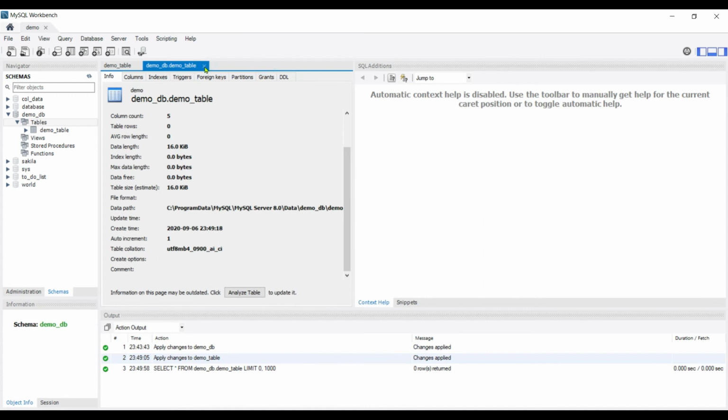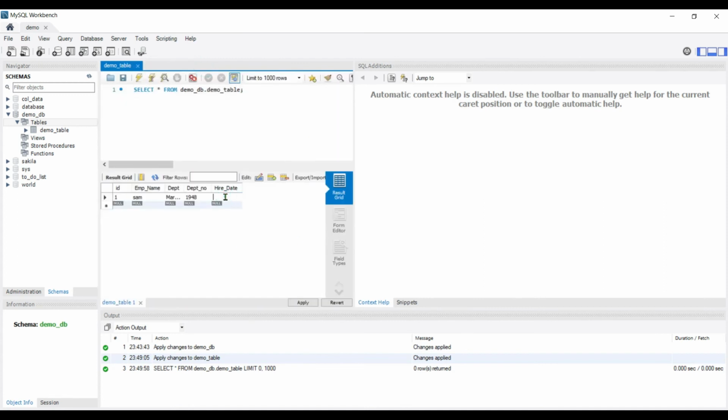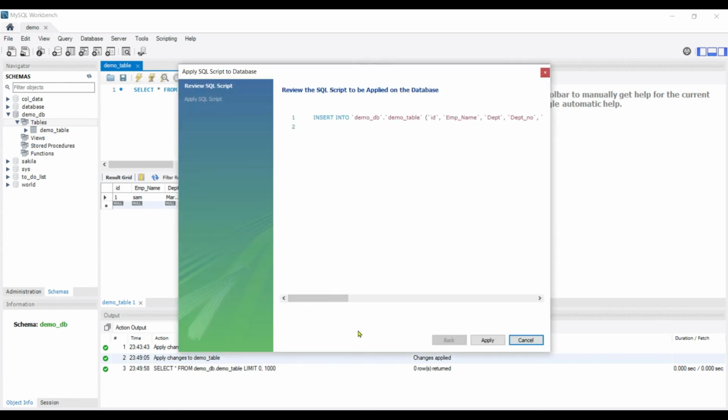I'll just fill up the value for that date, and let's choose a date. Let's say 19-05-2003. I'm sure I will get an error. Let's see. Apply, and the query is ready.